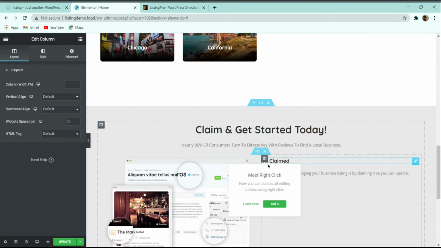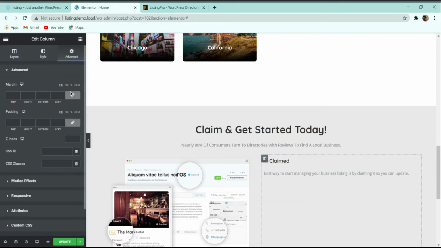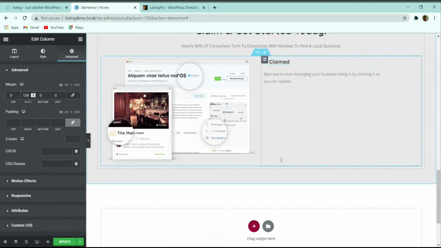So to get this, you can click here on this section edit column, and then in advanced you can add a margin to the right. Suppose if you want to add a margin, let me add 100 margin. I think 100 will be fine, or so here you can see that if you add 120 margin from the right hand side, you are getting exactly the same.